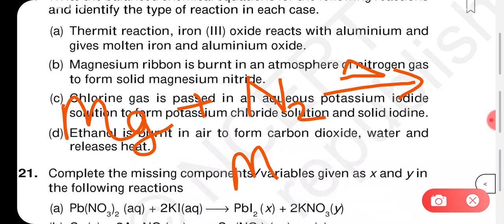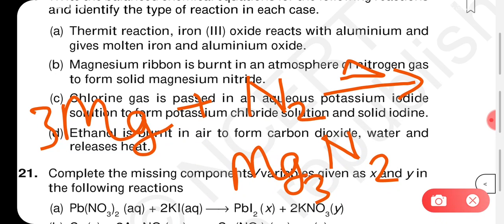So magnesium nitride is Mg, and if you write, nitrogen valency is 3, so this will come here, and magnesium valency is 2, so 2 we will write next to nitrogen. Okay, so Mg3N2 is magnesium nitride. Now try to balance the equation. In the reactant, the number of atoms of magnesium is just 1. In product it is 3, so in reactant also we need to make it 3. Then nitrogen, its number is 2. There are 2 atoms of nitrogen in reactant. In product also 2, so no need to do any changes. So this is our balanced equation.